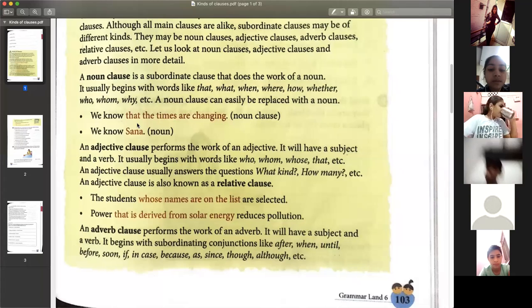Pratiksha, relative clause is just another name given to adjective clauses. Just see, adjective phrases means the words that are telling us about our noun, like the power that is derived from solar energy. These words are describing the power. So this will be an adjective clause. They will work as adjectives. Like we did in the phrases to find the noun, adjective and adverb, the same will follow in clauses also, but it has a verb. That's it.